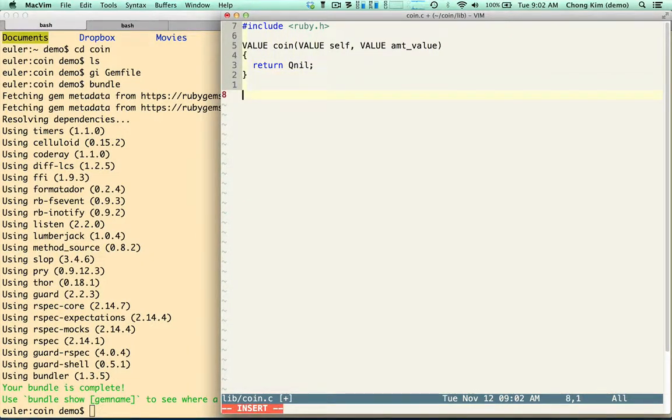Okay, remember we also need to have the init function, init coin, and what that'll do is it'll expose coin to Ruby. RB define global function. It's going to be called coin. The function is coin, and it takes 1 argument. Okay, so